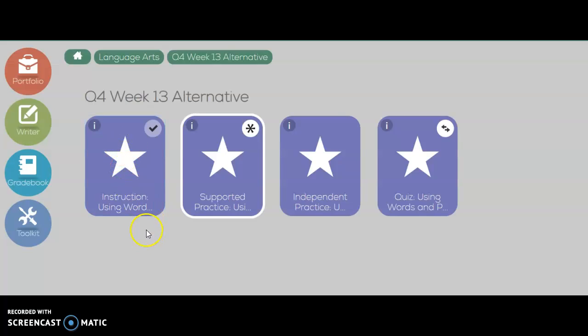I did want to talk just a little bit about when you're working in these. We've got these set up so that it gives you more than one chance to go through some of the material. So as you're working your way, if you get to this quiz, if you don't score high enough in the quiz, it's going to give you a chance to go back to that material, but it doesn't just give you the quiz. I usually set it up so it's going to take you back to this independent practice, because I think that if you get that independent practice just a little bit more, it's going to help you to do better. You need to score higher than 70% for it to move you on. Having said that,